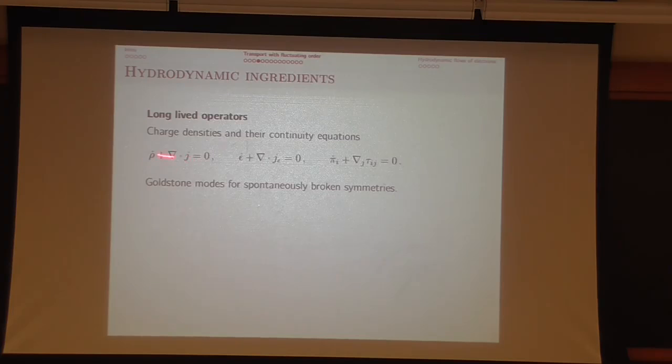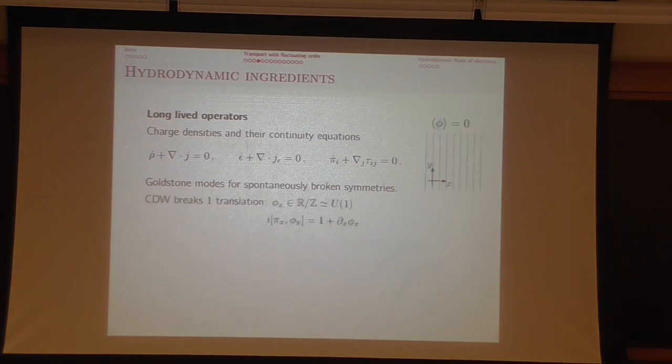Okay, so those are the conservation laws that I'll assume. I'll assume that I have conserved charge density, energy density, and momentum density. I'm writing it in a non-relativistic notation, not because you can't assume Lorentz invariance, but even if you do, we treat charge densities in a special way because they're going to be the slow hydrodynamic operators. And I actually won't assume Lorentz invariance anyways. So those are the slow variables, and in addition, there are the Goldstone modes for spontaneously broken symmetries.